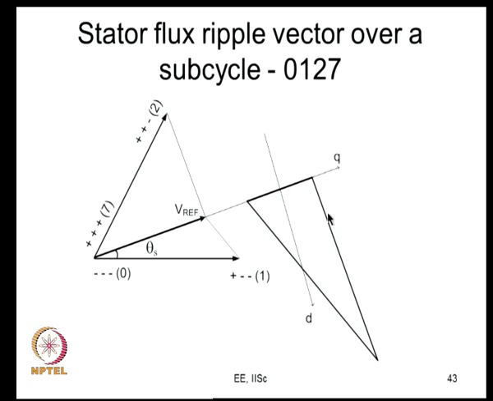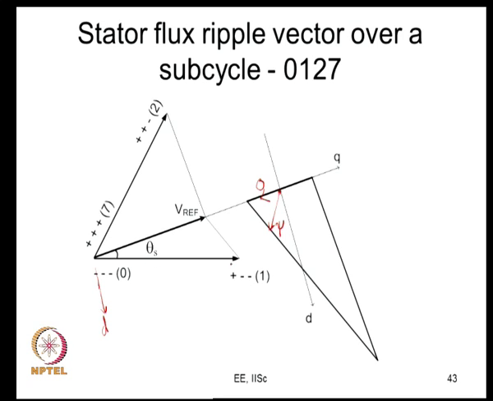So, this is a quick illustration of what happens here now. So, you have this reference vector. Now, what we have done is, this is a plane, we will take this axis as q axis and we will consider this axis as the d axis. So, d axis is where your fundamental flux vector is, and this is q axis, your applied voltage vector. At the start of the subcycle you are here, then you are integrating the error voltage vector. So, when you are integrating, the error voltage vector moves like this. After that, it starts moving like this, let us say what you call the error or the stator flux vector.